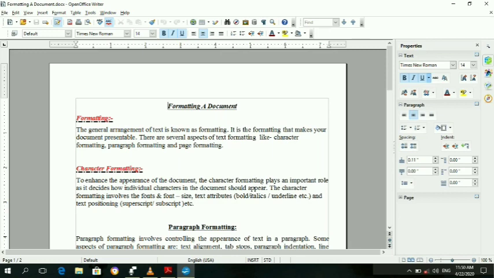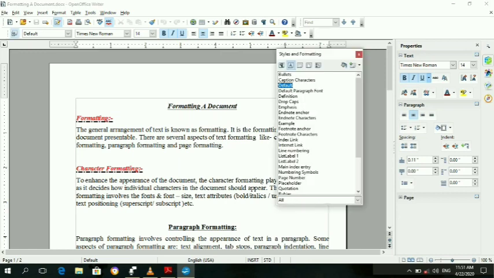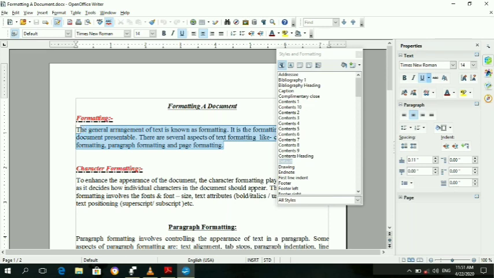See the steps, how we will do it. This is a sample document. Suppose first you open Styles and Formatting, and if you want to work with paragraph styles, the first step is to select the paragraph where you want to apply the style. Without selecting, you can't make any changes.